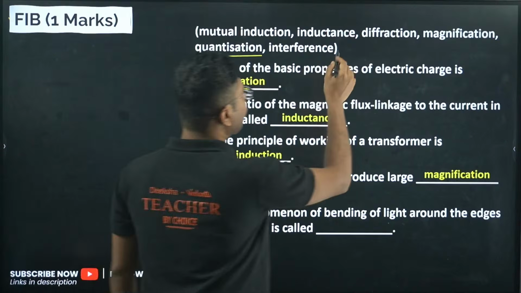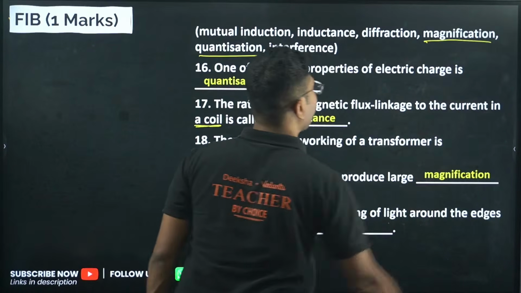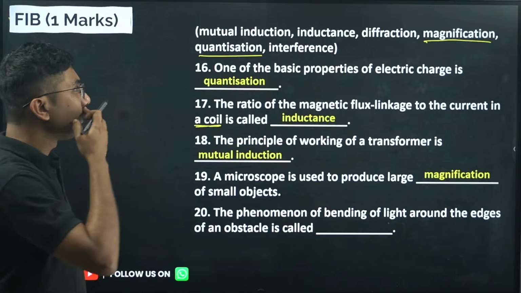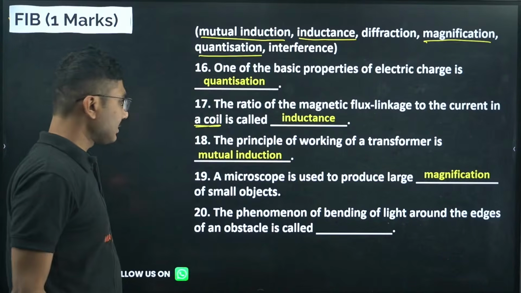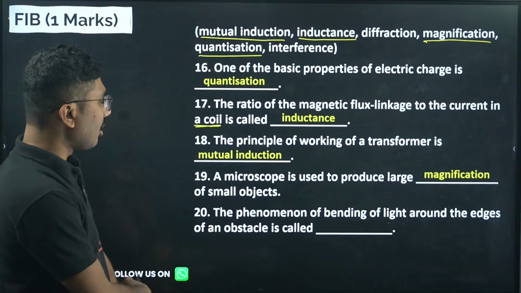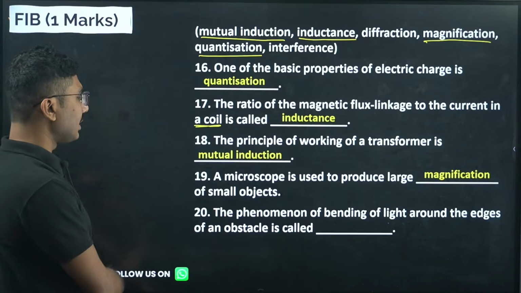Okay, here magnification is given. Magnification, so make sure you read the options. Mutual inductance is done, inductance is done. Next is the phenomenon of bending of light around the